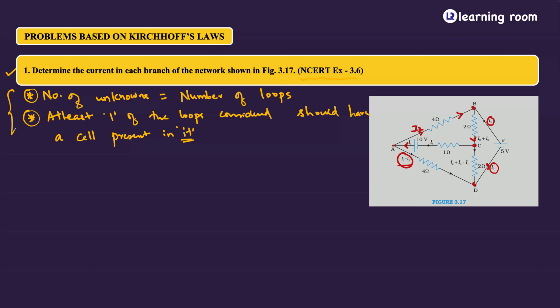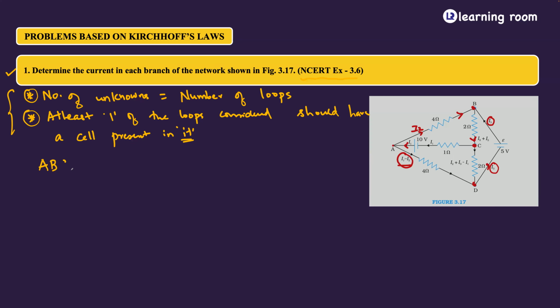Because you speak about loops only when you apply Kirchhoff's voltage law. So if you observe, when I say Kirchhoff's law, I repeat it, both the laws are simultaneously applied in the same problem. It is not like you will have individual application of it. Am I clear with this? Yes. So having said this, since we need to consider 3 loops, I will tell you how to consider them and write the equations. So if I take the loop